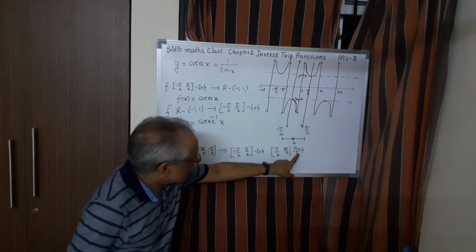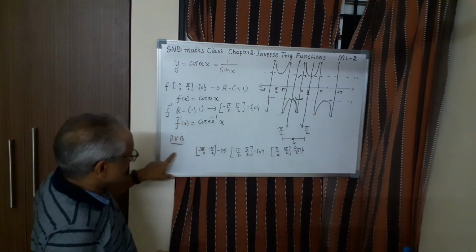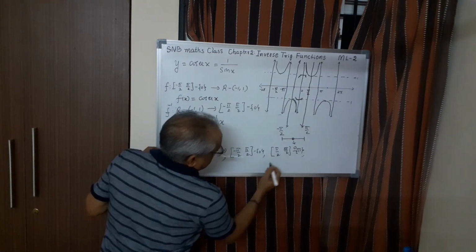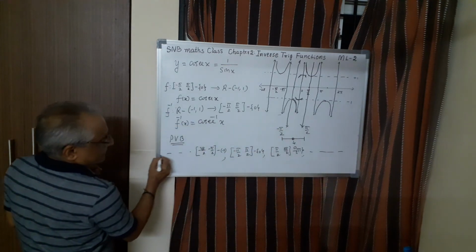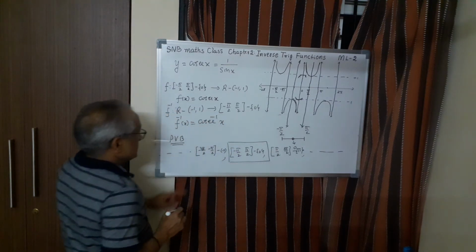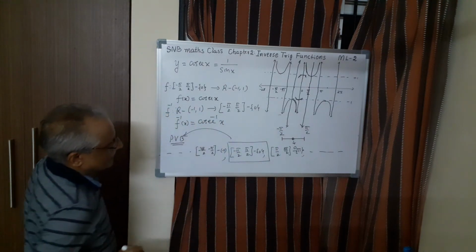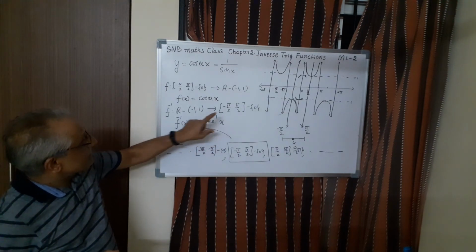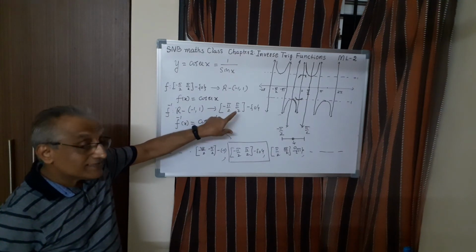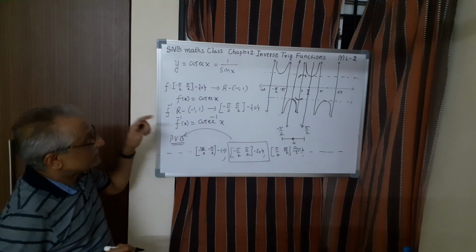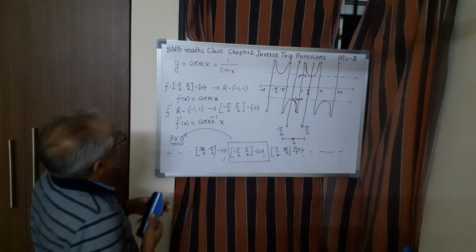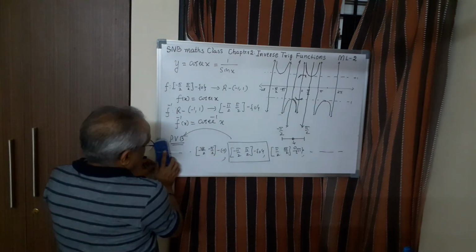So all the integral multiples of pi we have to exclude. So these are the different branches. This is one branch, this is another branch, this is another branch, and it continues this side and it continues this side. Among them, for definition, we have taken this branch, and this is called the principal value branch. So you have to remember this one. And this is the domain R minus the interval minus 1 to 1, and codomain or range is this one, and range is also called principal value branch. So this is how we define cosecant inverse x, that is inverse function of cosecant x.